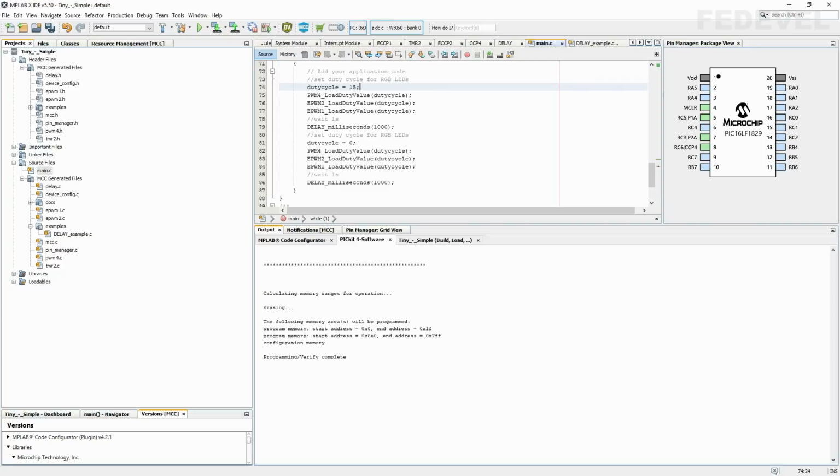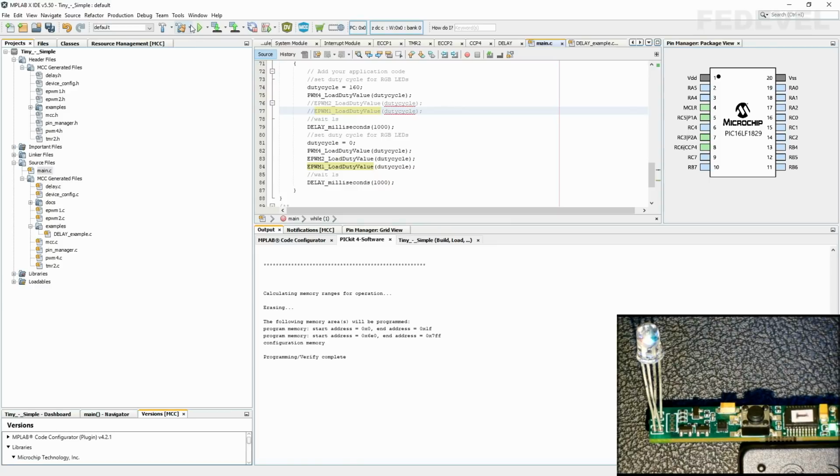For example, what we could do, we could find out which of these PWM functions is what color. So I'm going to change the duty cycle to 100%. I'm going to use value 160, and I'm going to comment out two of these lines. Let's update the firmware and let's see what color we will see. Left click.